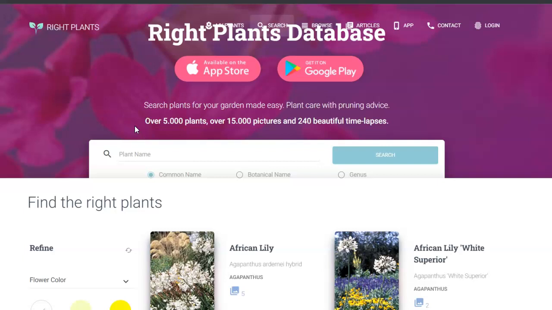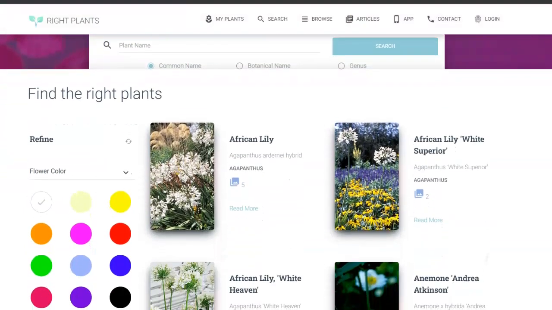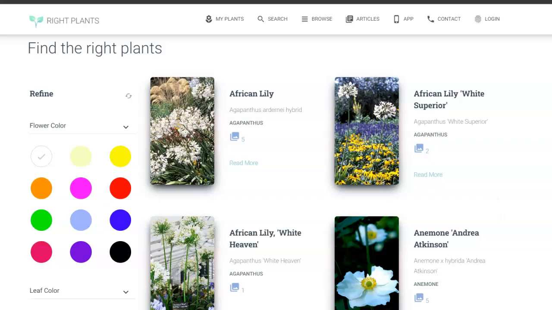Hi, today I want to introduce you to this website called RightPlants4Me, which, as you can tell, is available as an app as well on the app stores and on Google Play. This is essentially an online database of tons and tons of plants that allows you to research and, of course, learn about all these different types of plants, and it allows you to search these plants based